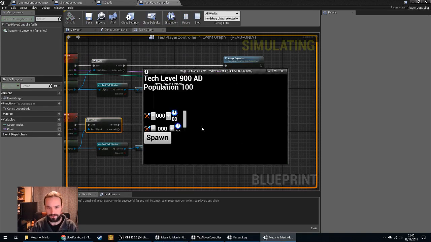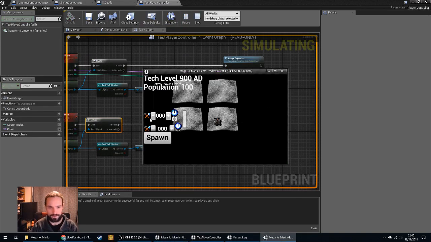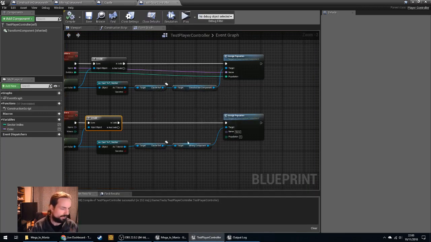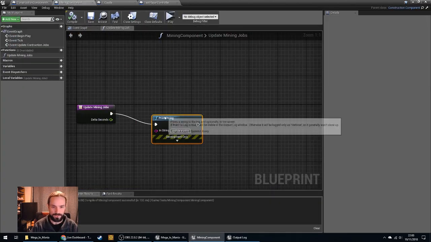We should check that our construction job still works. Yep, so that works as expected, and that's not on the client, but for some reason I think I just missed it being finished, and the UI doesn't reset properly anyway. Okay, so